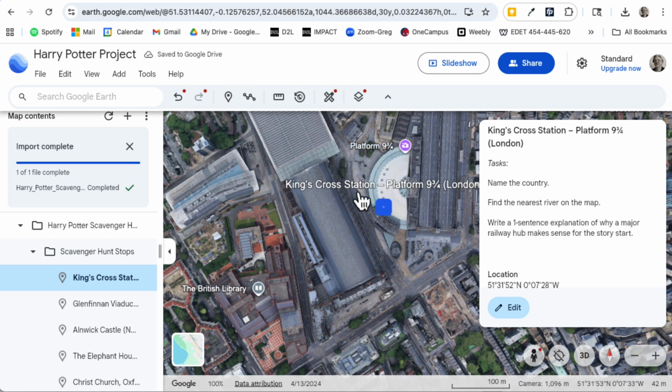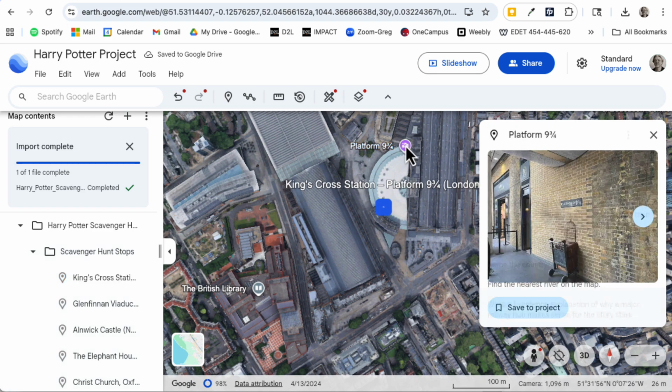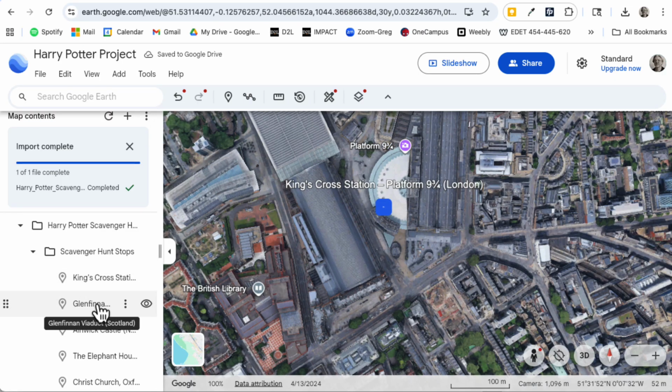Notice that you're at this location, a real location, and you can click on it. There might be pictures to click on. This one is kind of cool because I wonder if this must be real, that at this train station they have a sign and they have a little trolley full of stuff going through the wall. That's pretty cool. So I don't know if I would use this or not, but it was a fun thing